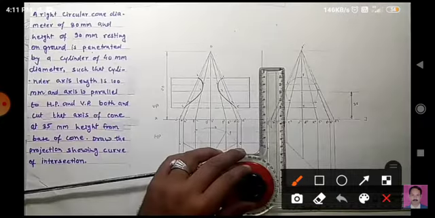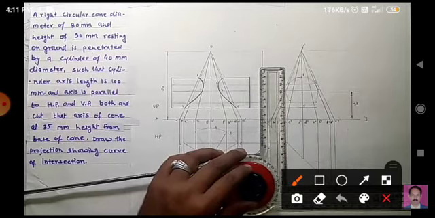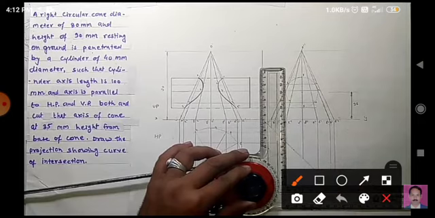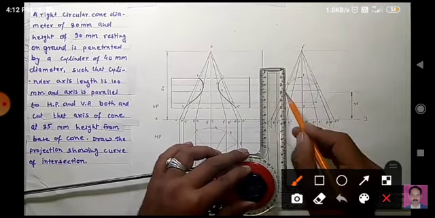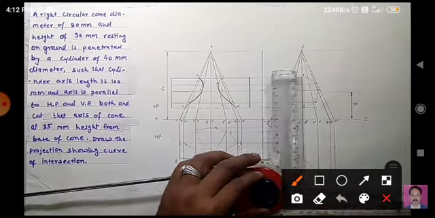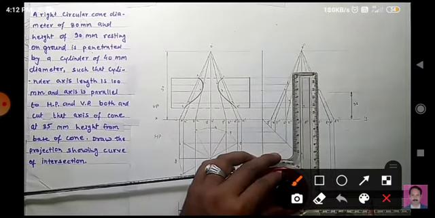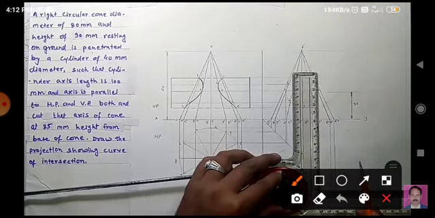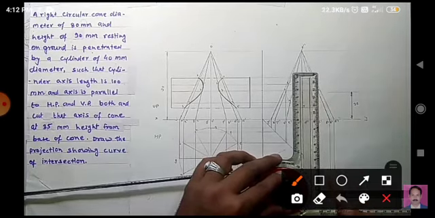Now let's draw our top view, or we have to draw the contour of the top view. So you have to take the projection from, or already we have drawn the projection from front to top. Now we just have to take the projection from side to top. Okay, so let's take the projection of 1 2 3 4 points on the top view.